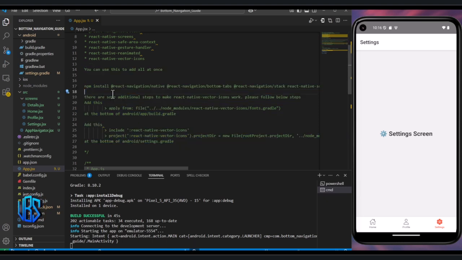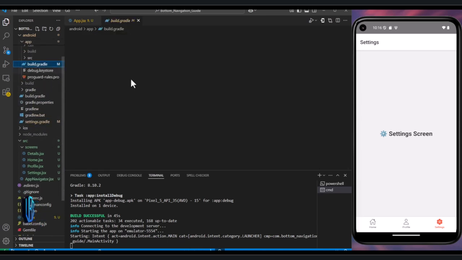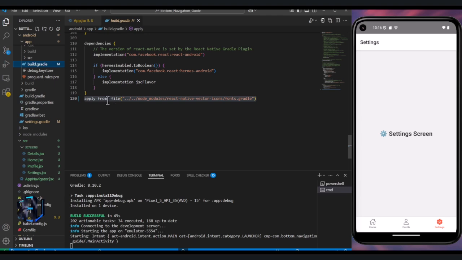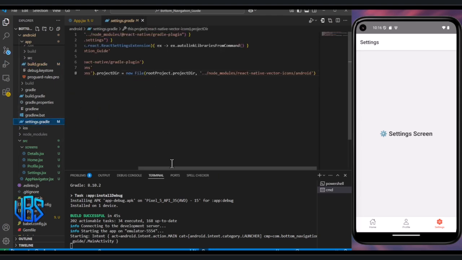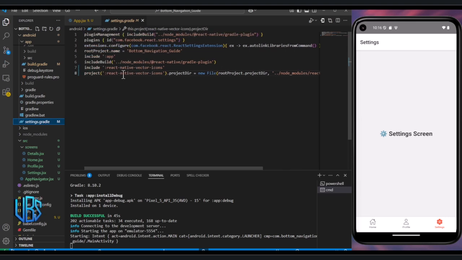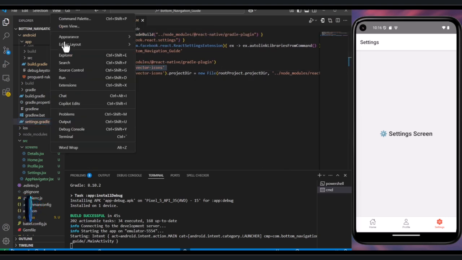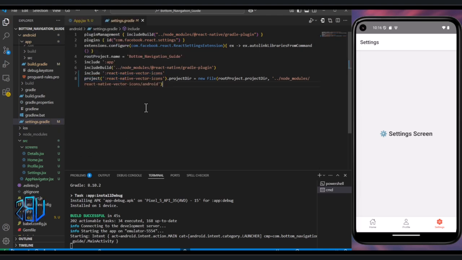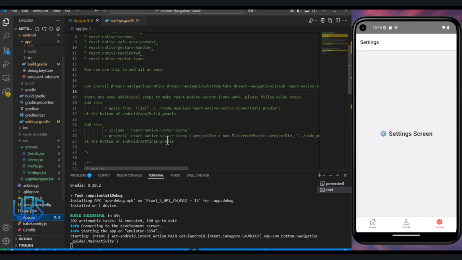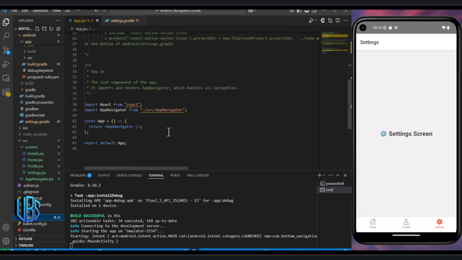In the Android app build Gradle file, we need to add this line, which applies a Gradle script from the React Native Vector Icons package. Similarly, in Android settings Gradle, we must add these lines to include the React Native Vector Icons project and set its project directory to the correct path within the Node Modules folder. Once these dependencies are installed and configured, the navigation system is set up in